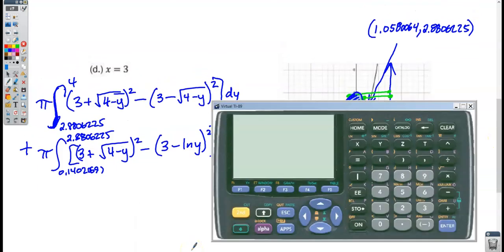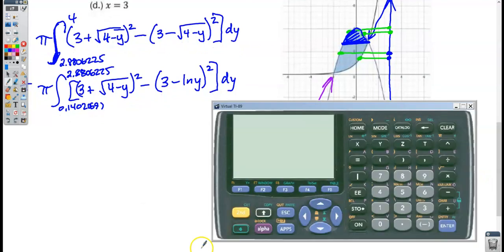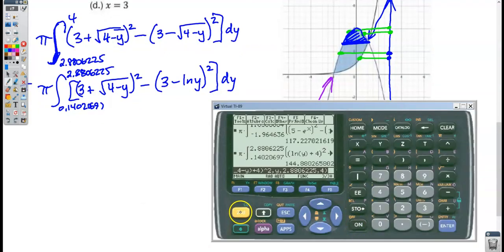And now it's just a matter of typing it in and getting my volume. So I'm going to have pi times the integral of the quantity 3 plus square root of 4 minus y, square that quantity, minus quantity 3 minus square root of 4 minus y, close the root, close the quantity, square the quantity with respect to y, from 2.8806225 up to 4,